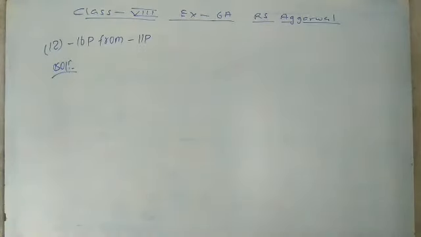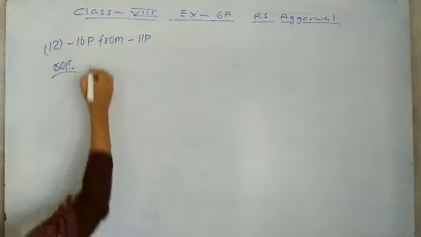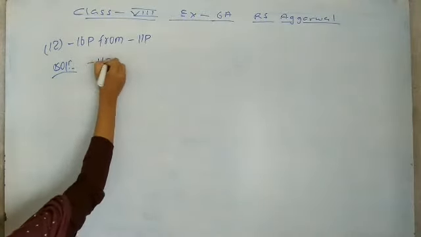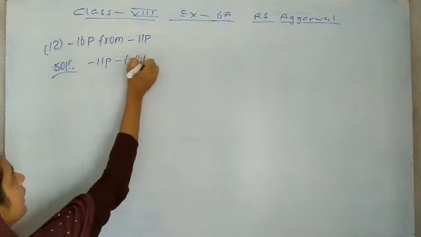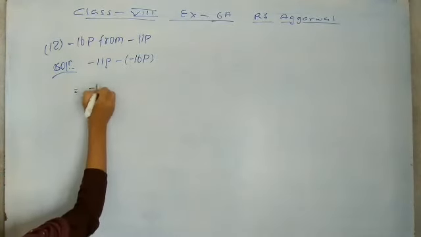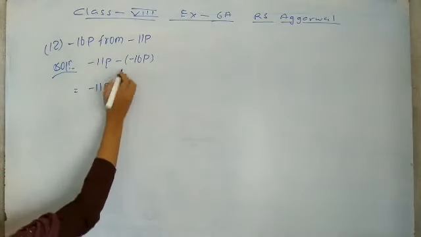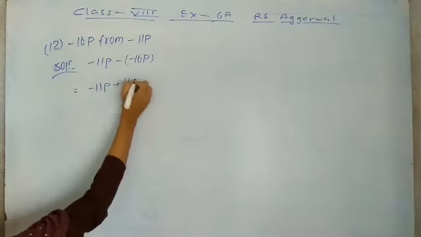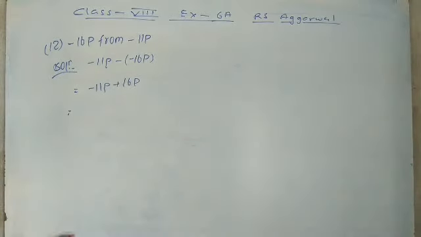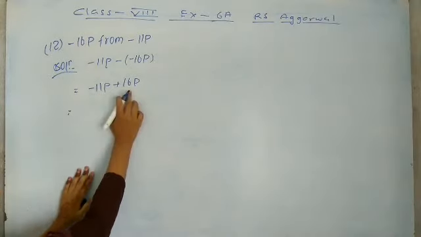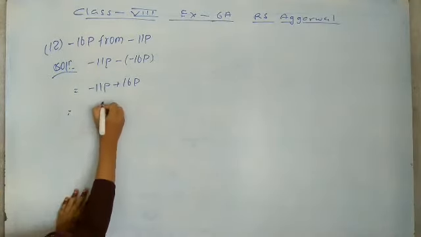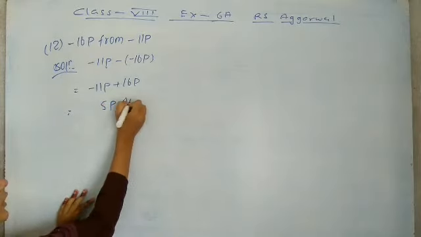Now let's move to question number 12, that is subtract minus 16p from minus 11p. So firstly we will write the term of minus 11p. Here is minus 11p. So minus 11p, from means minus, and in bracket we will write minus 16p. So here minus 11p, minus minus we know that plus 16p. And here minus plus minus, but the sign of plus is larger. So here it will be plus, and we will subtract them. 16 minus 11, it will come 5p. So 5p is our right answer.